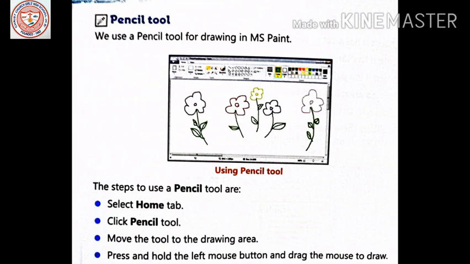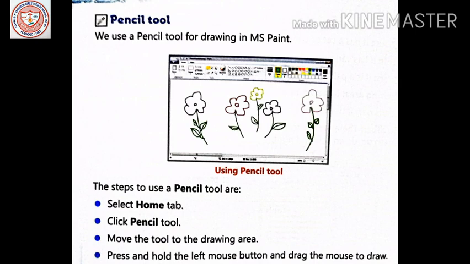Now, what are the steps to use a pencil tool? First, we are going to select the Home tab from the ribbon bar. There will be a pencil tool. We are going to click on the pencil tool. Move the pencil tool to the drawing area.